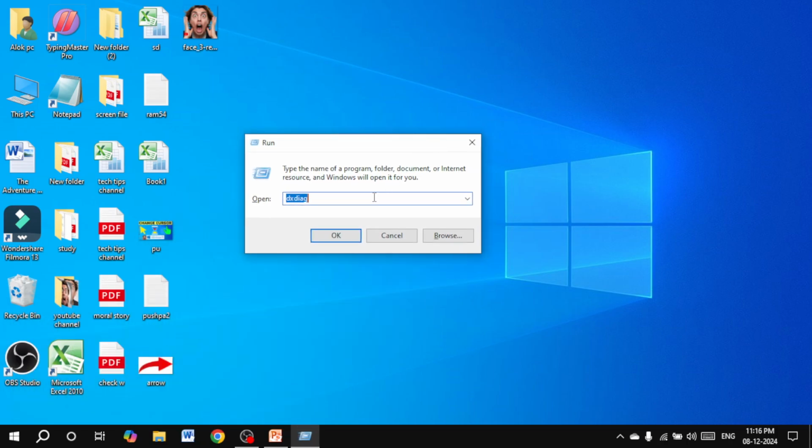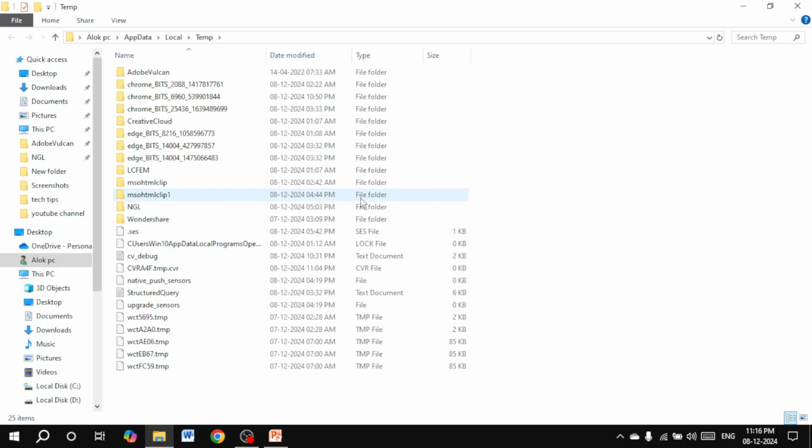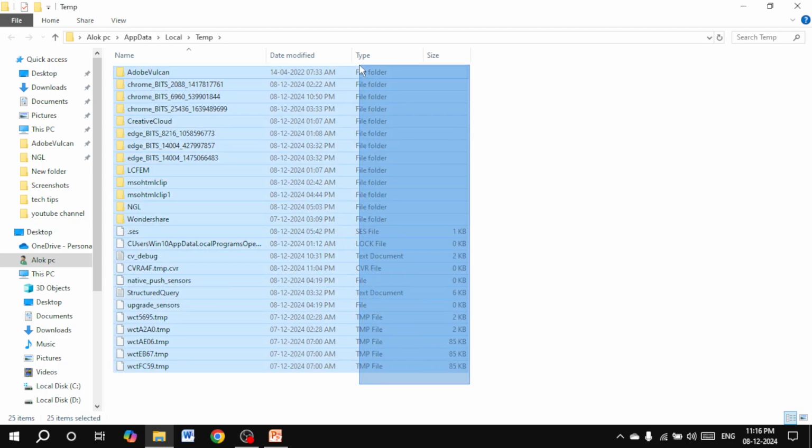Then type here percentage, TMP, then percentage. Then click enter. You can see here these are temporary files automatically downloaded and